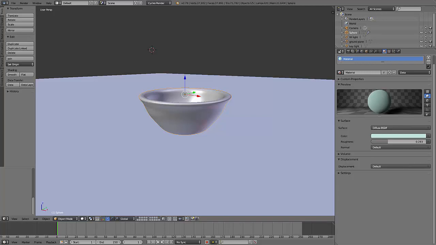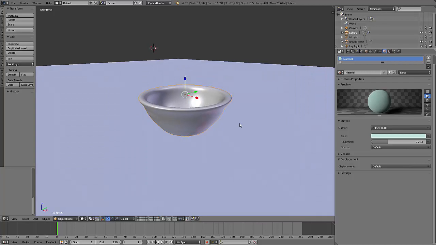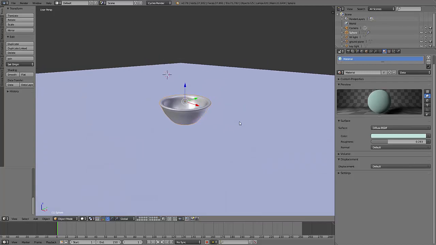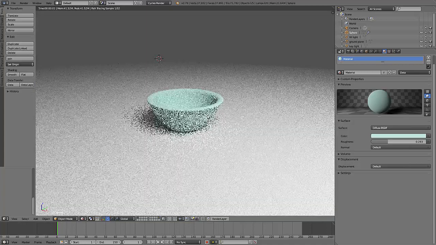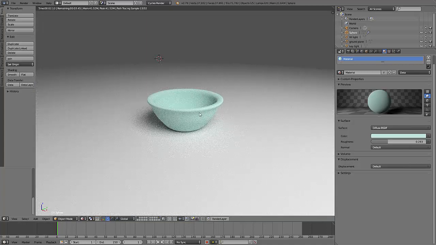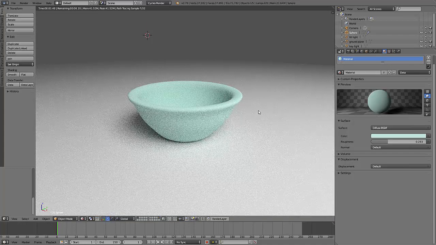Okay, I want to show you a quick way to improve your bowl, the same bowl that we made earlier. And the bowl looks really good. This is an example of one of the bowls, and it looks good. It's got a good lighting system, so when I do Shift Z, the live render, it looks really good. But let me just show you one thing that can improve it,